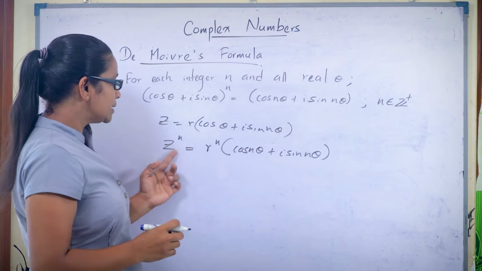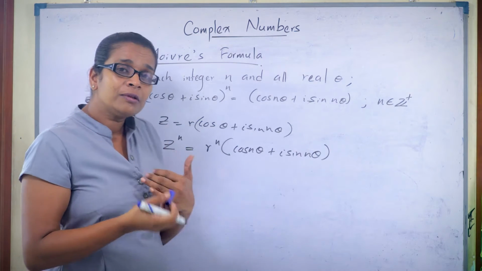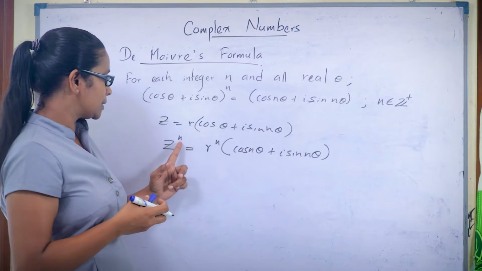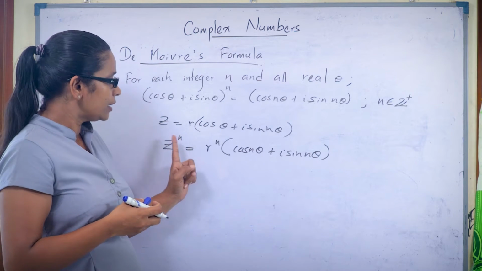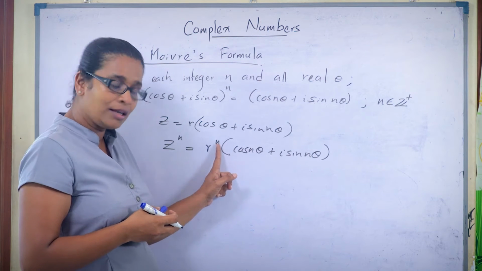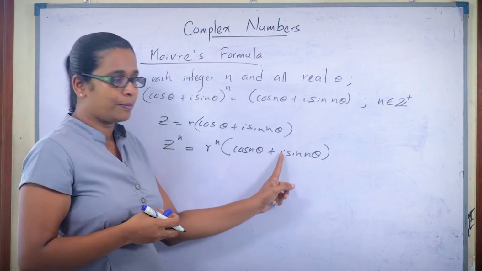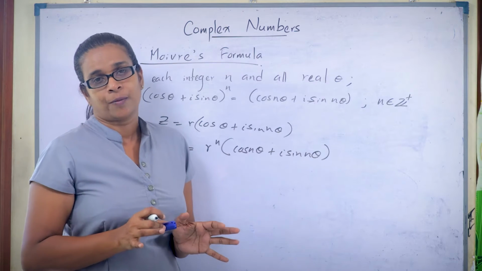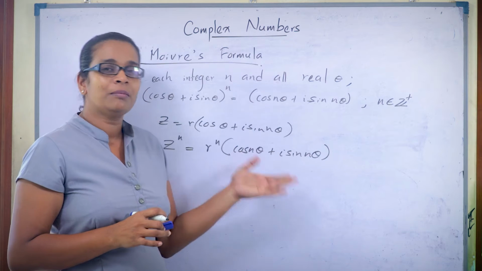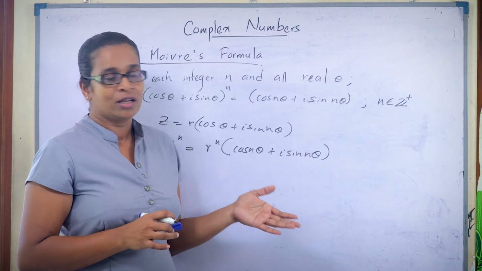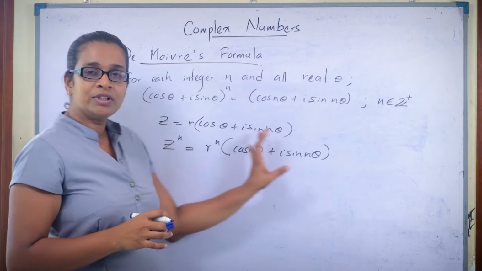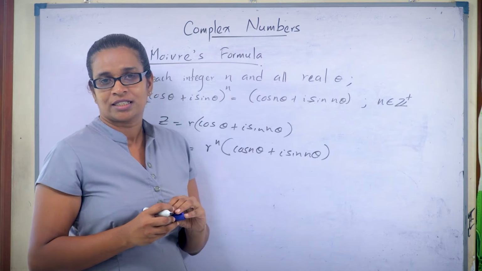Okay. So z^n, there's a power for the complex number and it is in polar representation. You can write this complex number as r raised to the power n into (cos n theta plus i sin n theta). Okay, I am going to prove this theorem using mathematical induction. This is for positive integers, so you can prove this using mathematical induction.